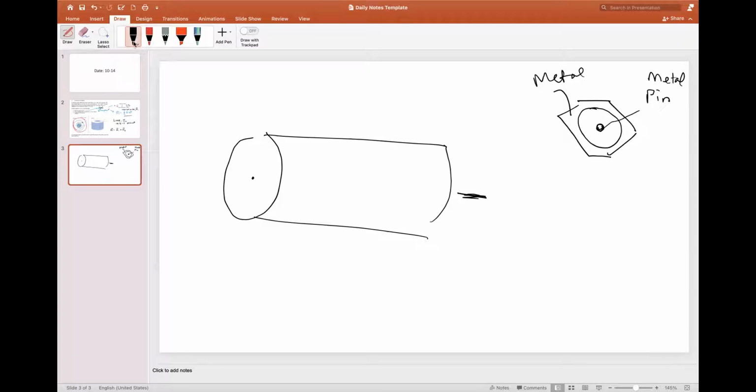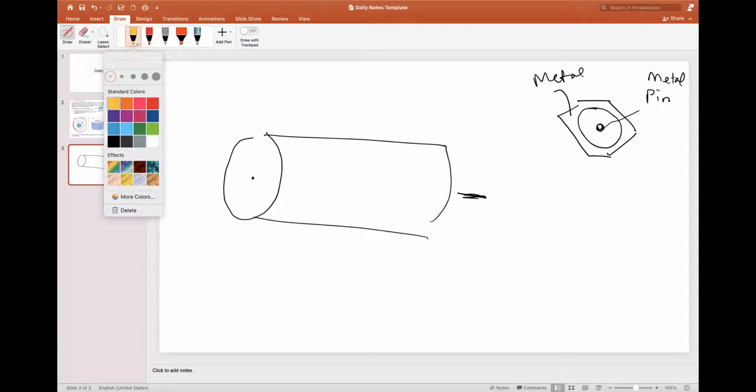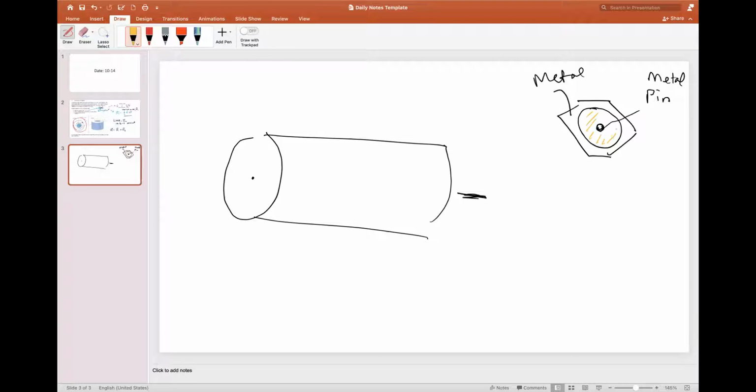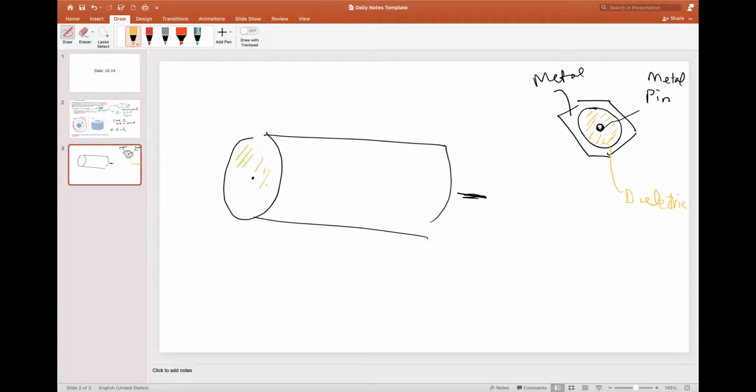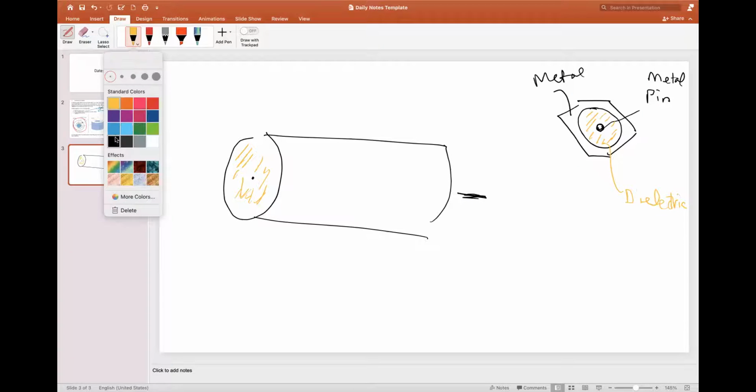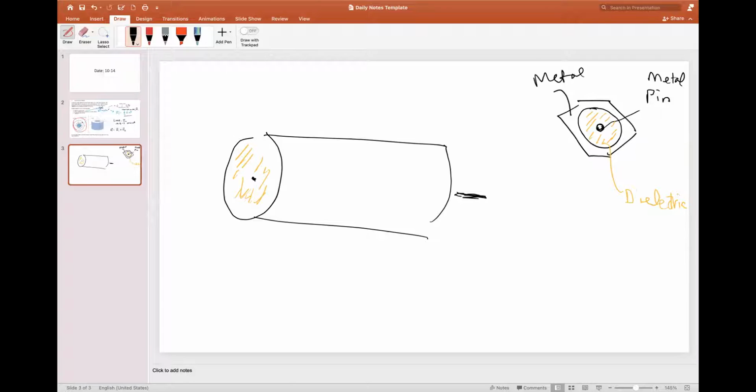It might be kind of hard to see, but have you seen what's surrounding this metal pin? It usually looks kind of white. It's some kind of dielectric. So this is a transmission line with an inner conductor and an outer conductor. And what happens on these when you ground them is that you have this inner area that's a semiconductor, and so it insulates the inner conductor and the outer conductor. And so the inner conductor, if you have a current on this,